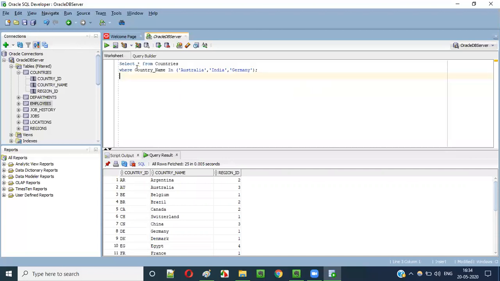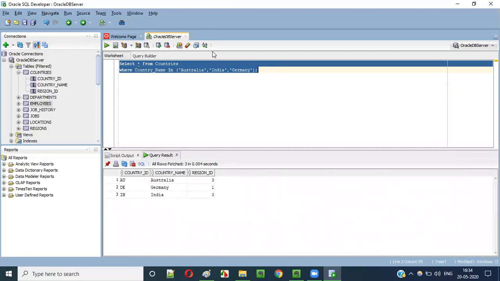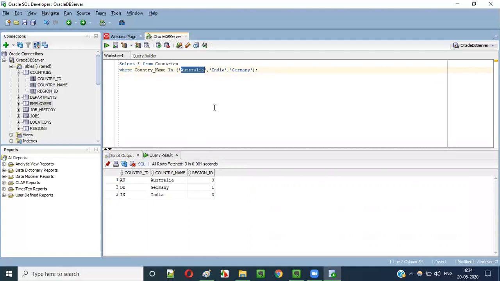I would like to get the records from the countries table whose country name is either Australia or India or Germany. When I run this, the list of countries whose country name is Australia or India or Germany got displayed.